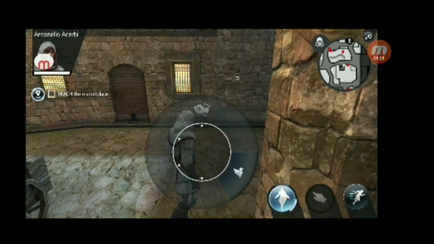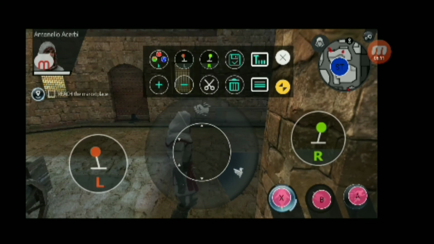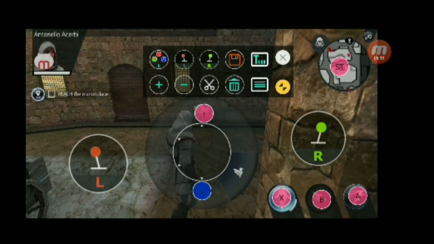For the power-ups also I am going to click some buttons. For this up button, for this down button, for this L1 button, for this one, L2 button for this power, R1 for this power, R2 for this power.